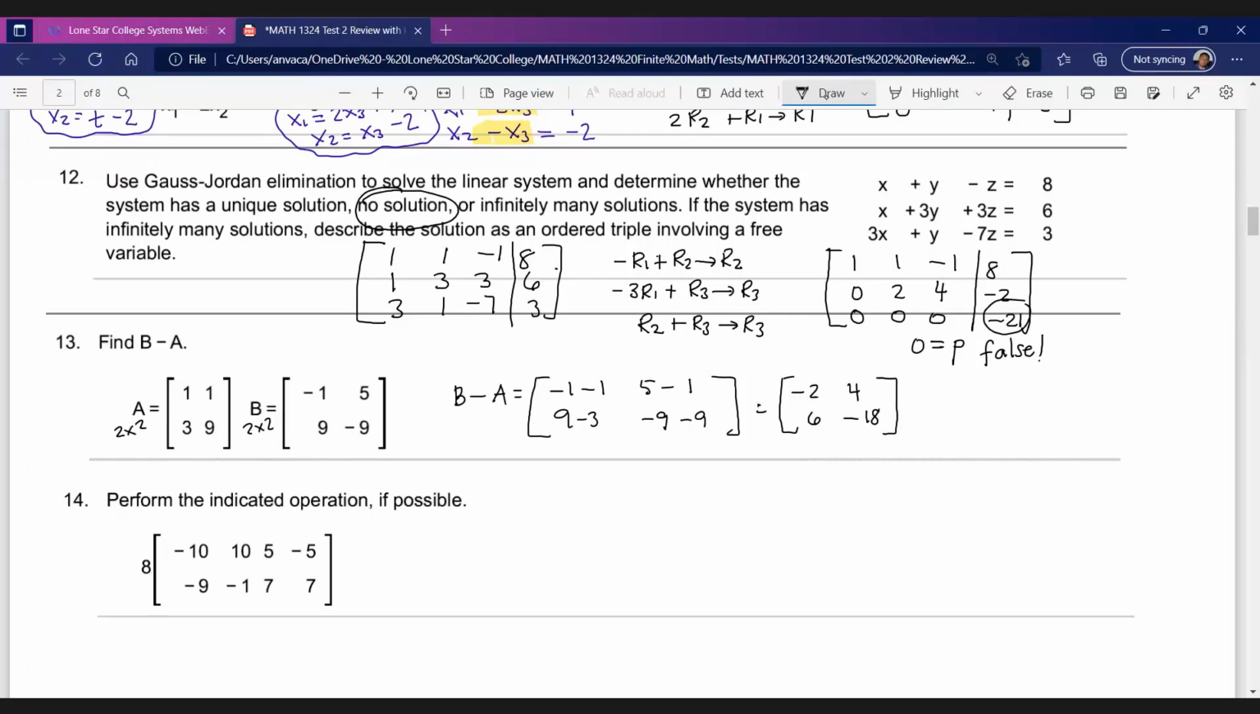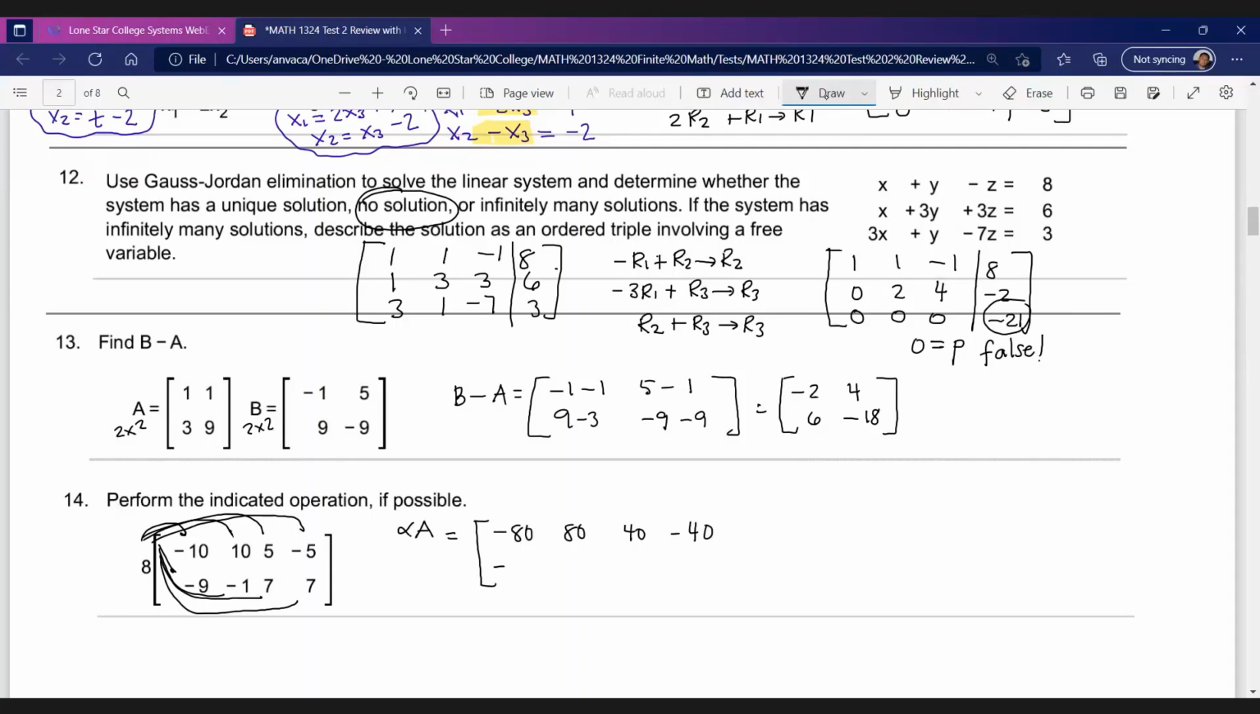Okay, so in this particular example, number 14, we're trying to multiply the matrix, I'm going to call it matrix A, by some scalar. So in this case, what we need to do is multiply each one of these entries by 8. So each one of these entries will be multiplied by 8. All right, so we have negative 80, 80, 40, negative 40,